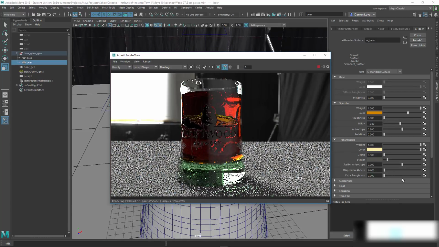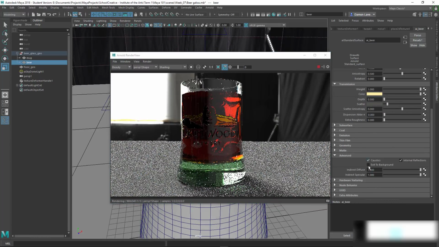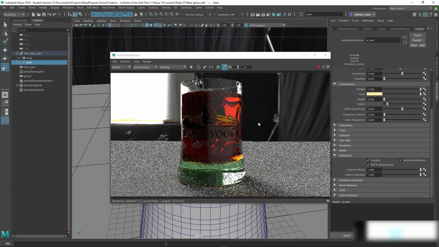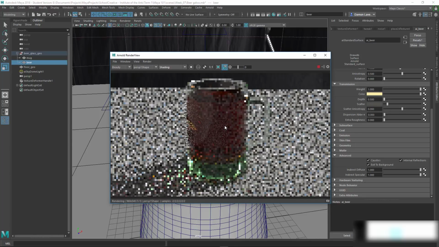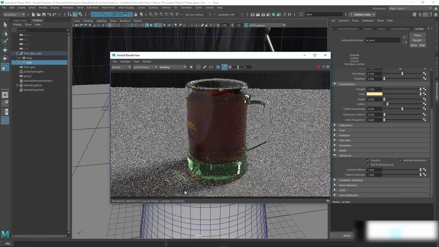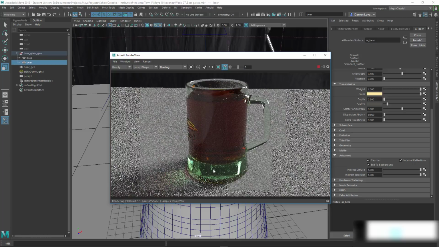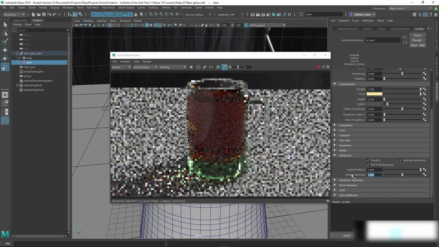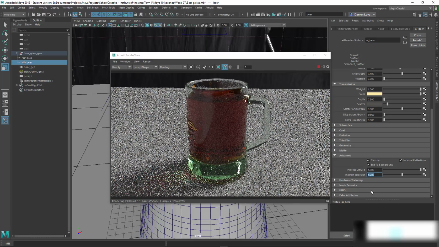Alright, so last thing I need to do is turn on my caustics and exit to background, and this should give us a much nicer result, like so. And we're getting the caustics down here. And then I could also overdrive this a bit by 1.2, and then I'm getting a little more specular